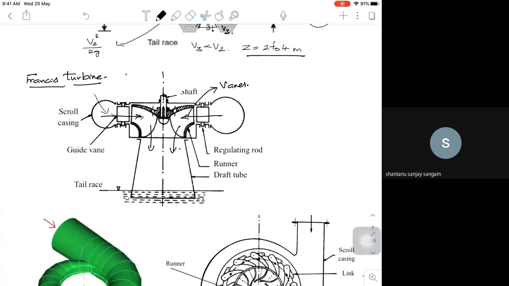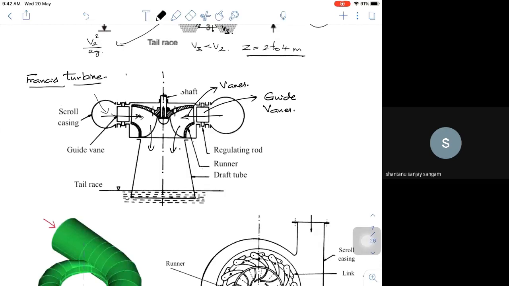Now this is a draft tube. And we have what are called guide vanes. The guide vanes are used to open and close the quantity of water, the discharge of water. This is very helpful when I go for loading, that is full loading or quarter loading. Say, for example, the guide vanes may be kept at 8 degrees, open at 10 degrees, or closed at 2 degrees.